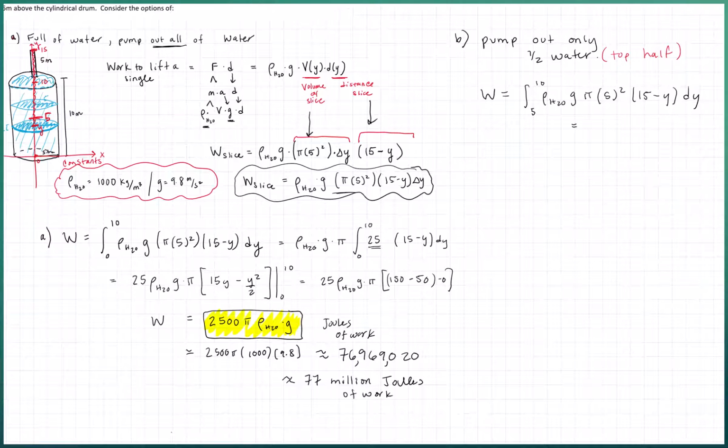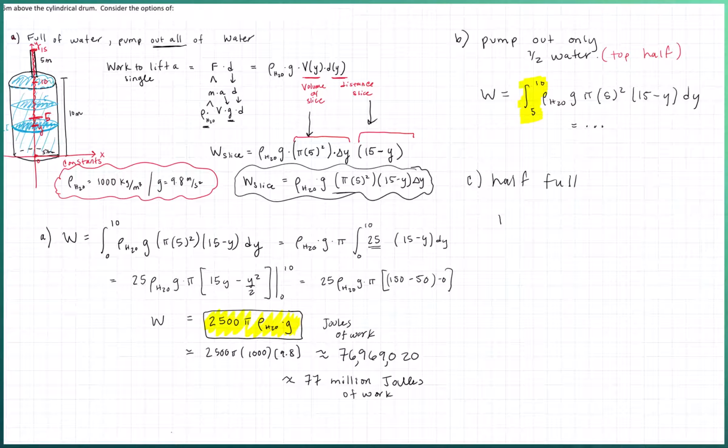And I'll just leave it there, but I just wanted to highlight that, with that iteration, if we only wanted to pump out half the water, then we would be calculating the work to pump from 5 to 10. And we could do other variations, like for instance, what if it was only half full? Well, if it was only half full, so let's do C. If it was only half full,